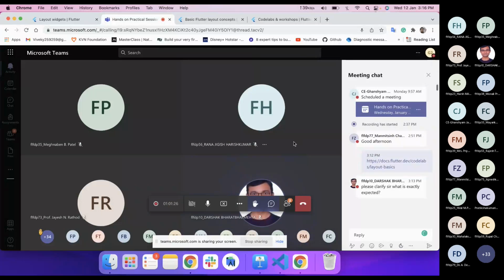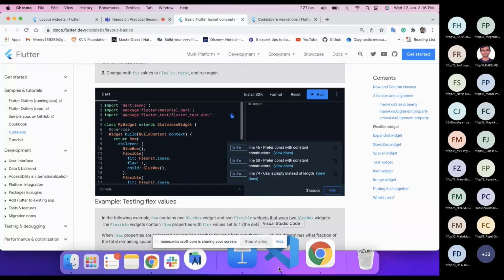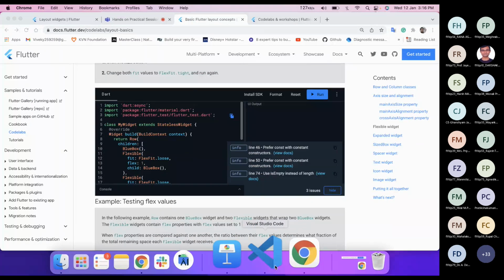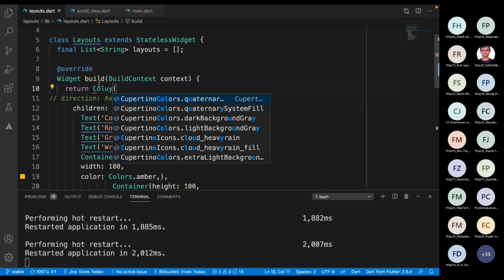Let's try it out. The thing with Flutter is that the more you try, the more you learn, because there are lots of things and a lot of them are very similar to each other. So you might get confused sometimes. The more you practice, the better you will get at it. Okay, let's dive some more into our widgets. Let's start with the column itself.